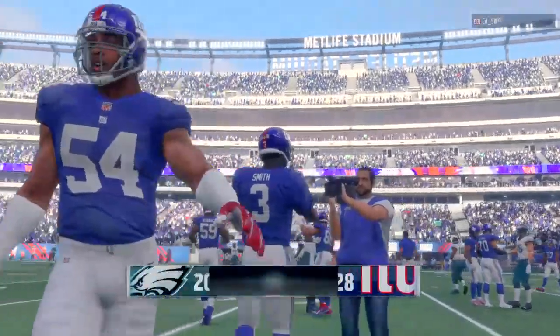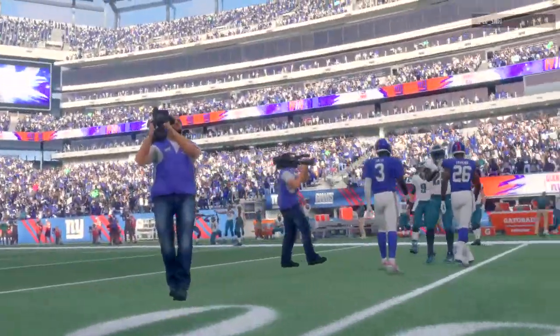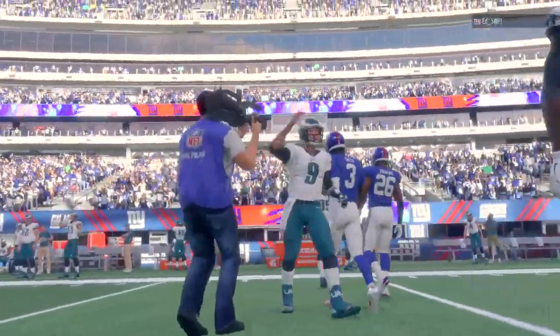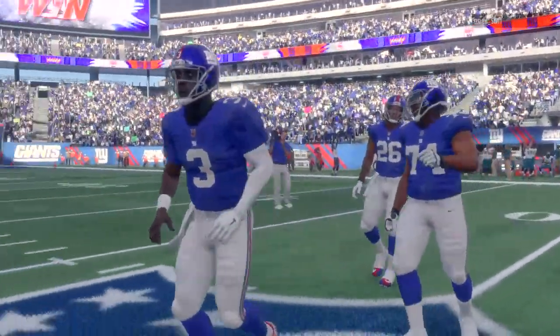Well, we saw a close game that kept us on the edge of our seats down to that final whistle. And right before that final whistle, defense with one last exclamation mark there, getting the sack to end it. I love how you phrased it because we were waiting to see what would happen. Obviously,